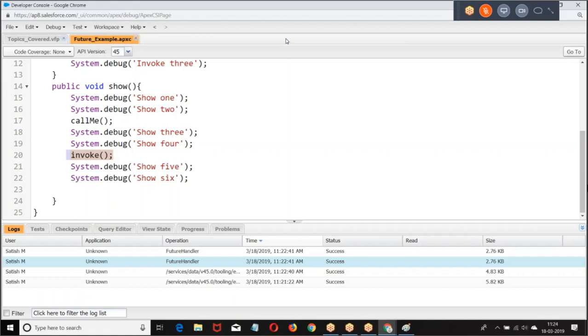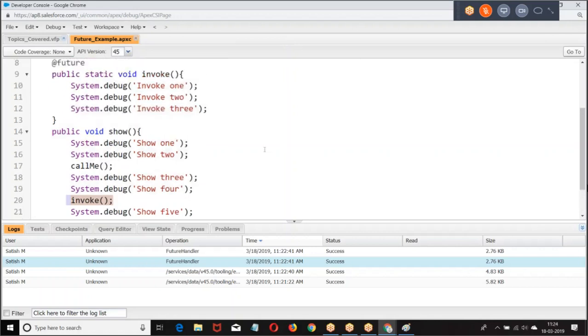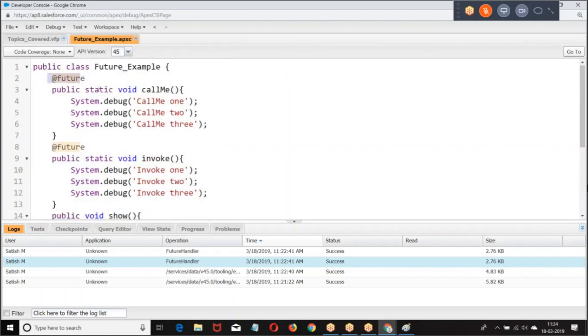If you want to define @future, the method should be static. What is the return type? Void. I hope you are good with this. Clear? So how to define a future method? @future, the method should be static, and the return type should be void.